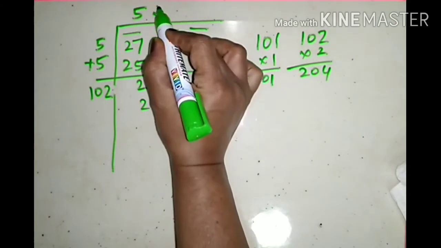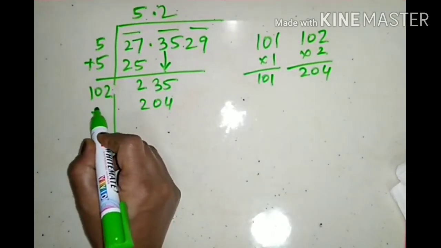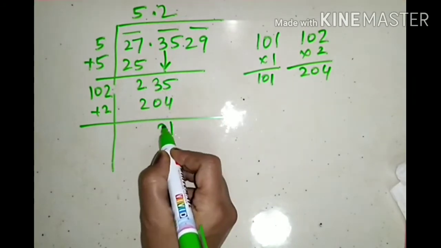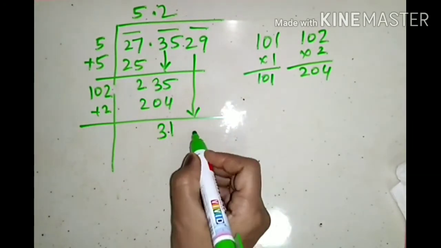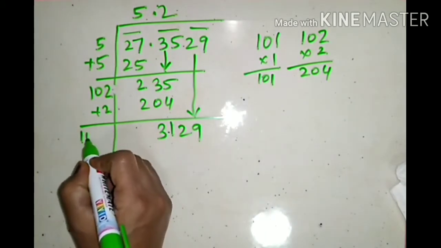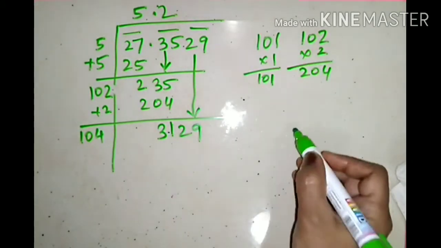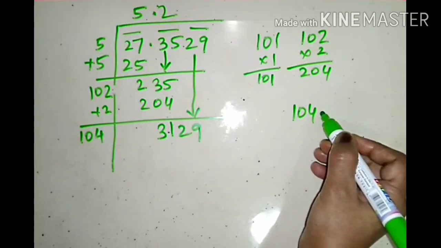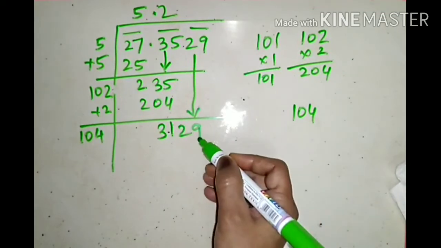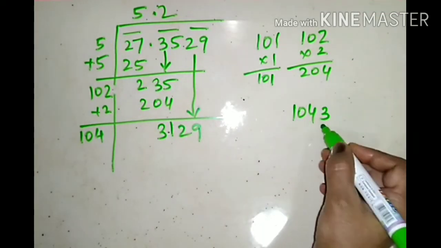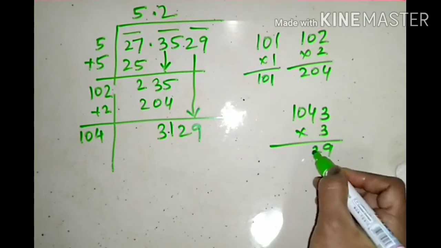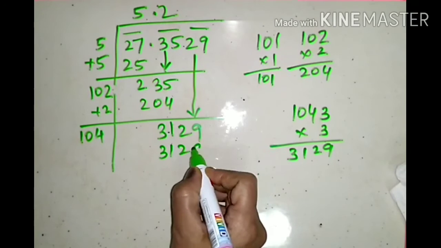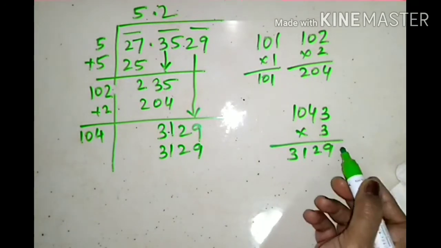This is 2. This is 2. And plus 2 here. We'll subtract this. This is 1, 3. We'll bring this down. 29. We have 104 here. Now for 104, I have to write a number here and multiply it with the same number to get 3129. I want 9 here, so I will try with 3. 9, 4 3s are 12. 3129 is the number. So I have 3129, which I got by using digit 3.